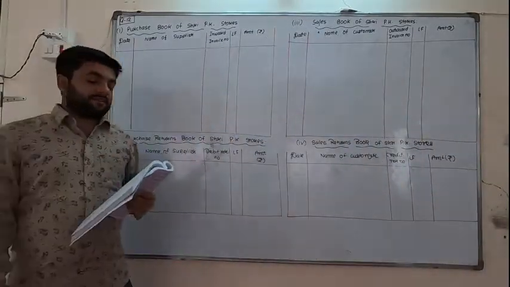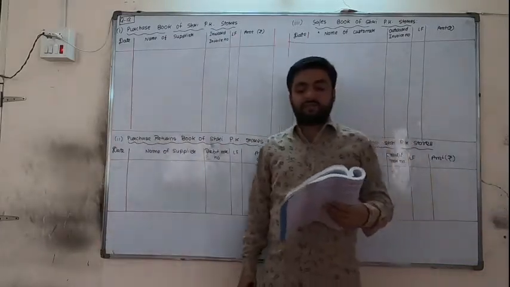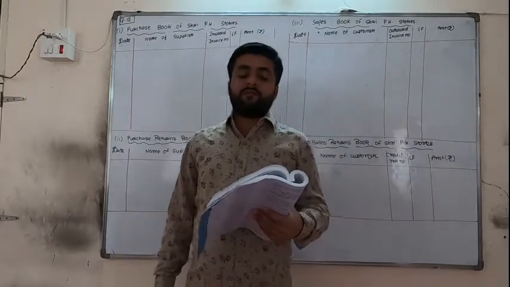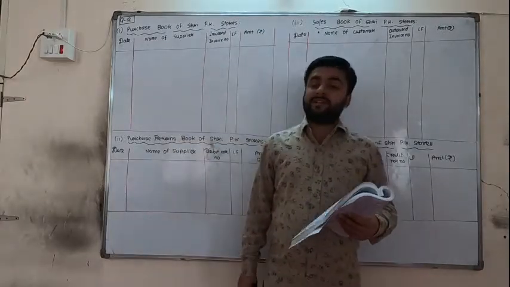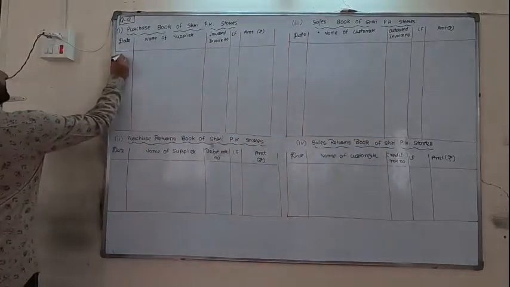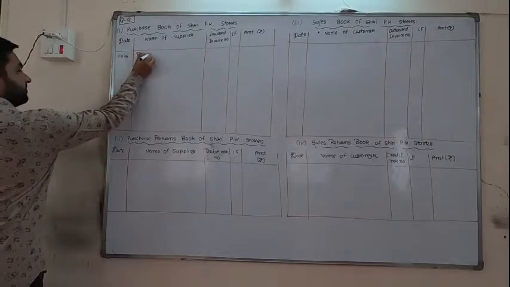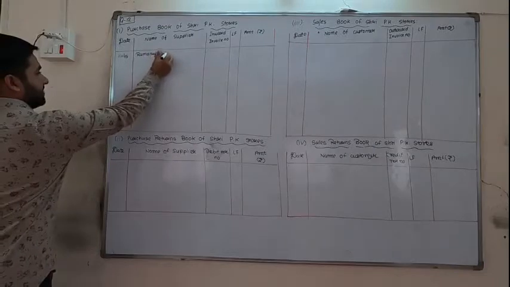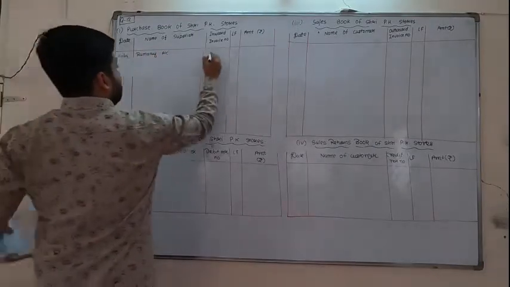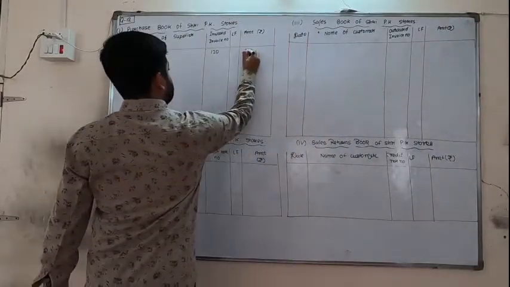Okay. 1st November 2015. Purchase goods of 30,000 from Ramanuj at 10% trade discount, bill number 120. So we are purchasing the goods, and as they are on credit, we will record in the purchase book: 1, 11, 15, Ramanuj account, bill number 120. Now 30,000 minus 10 percent is 27,000.